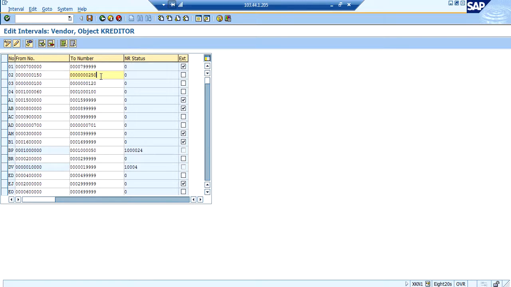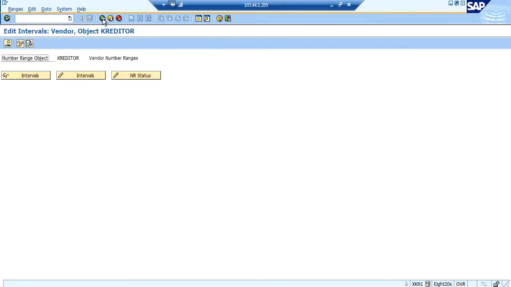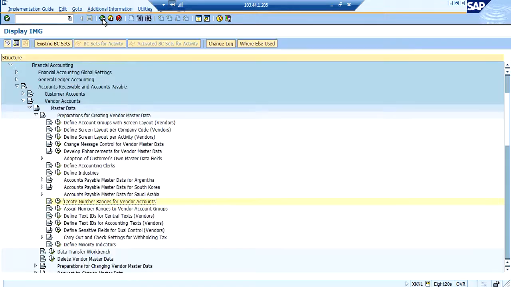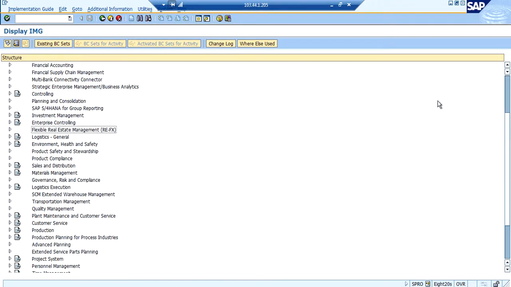If the business partner number should be the same as the vendor number, then we have to make sure that the vendor number range is identical to the business partner account group. So here it is between 150 to 250. Now let us go and create business partner related configuration settings.